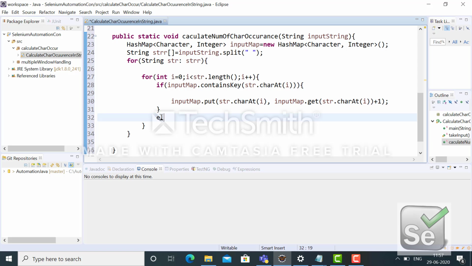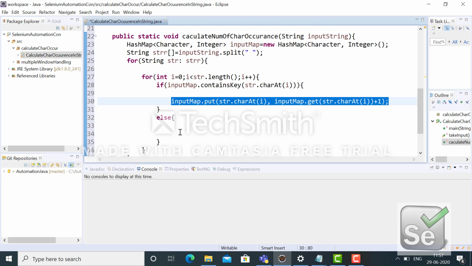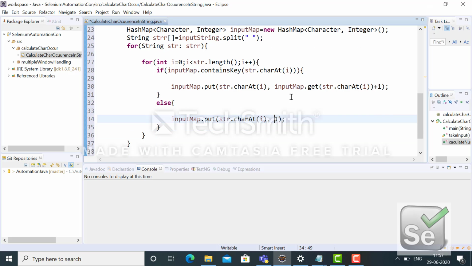Now let's say the character is encountered for the first time. Then there is no chance that it has already been inserted, so the value will be 1 for that character's occurrence. And if it is repeated, it will first fetch the earlier occurrence and then do +1.